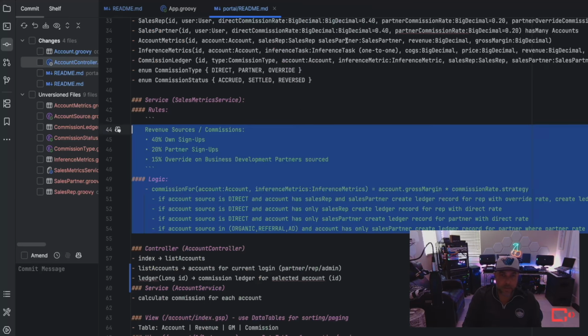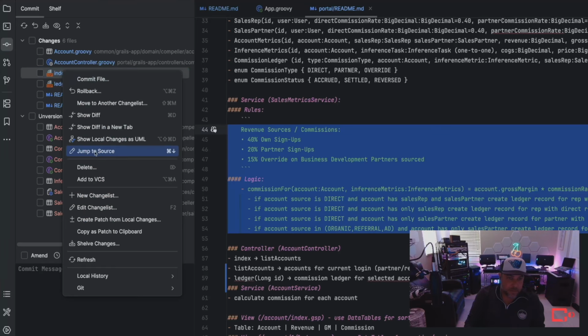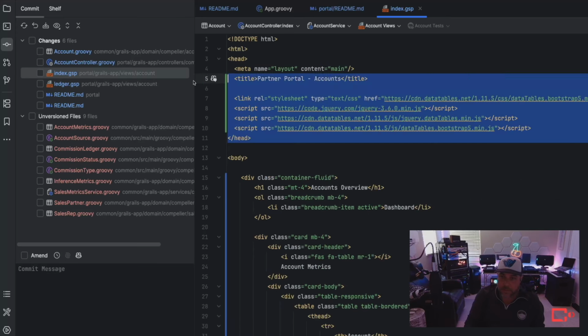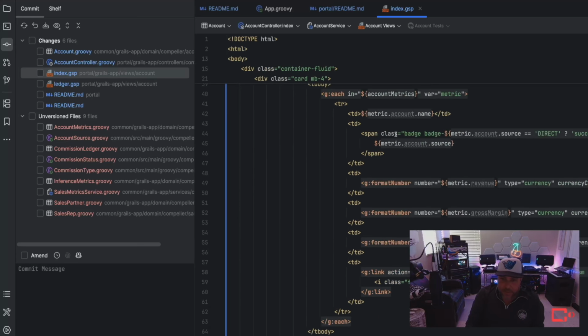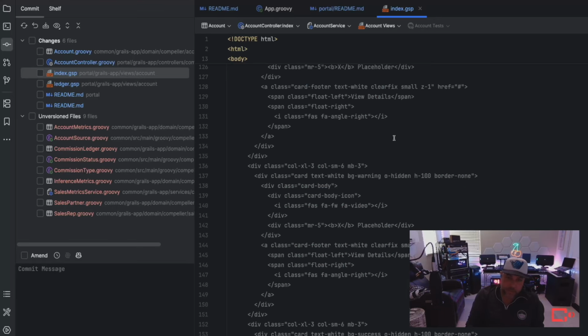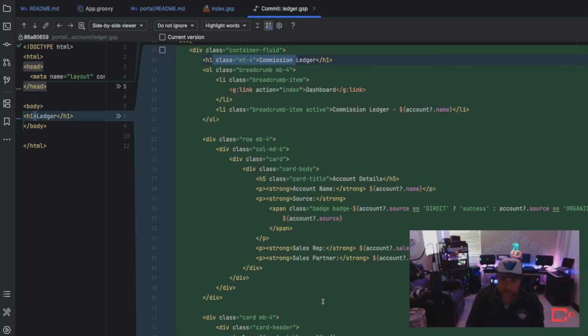I think I'm happy with the way account controller came out. I don't want to spend a lot of time on the views just yet. Okay, so it went out and did data tables. That's cool. I'm gonna put a to-do here. So I like that. It's using the jQuery data tables, so that looks good. If we run it, we'll see how that turned out. Direct, organic.